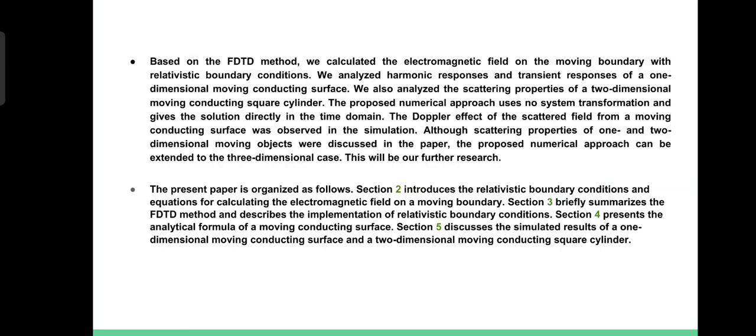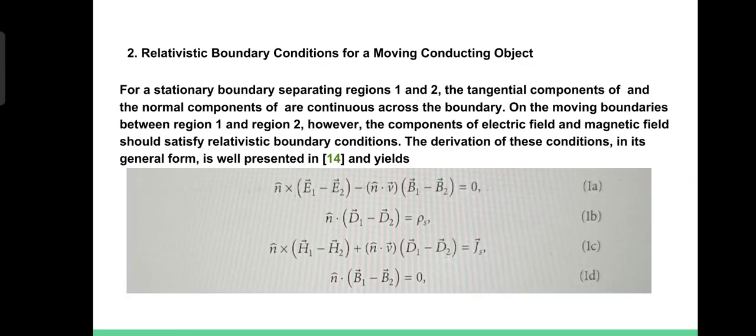Section 5 discusses the simulated results of a one-dimensional moving conducting surface and a two-dimensional moving conducting square cylinder. 2. Relativistic boundary conditions for a moving conducting object. For a stationary boundary separating regions 1 and 2, the tangential components of E and H and the normal components of D and B are continuous